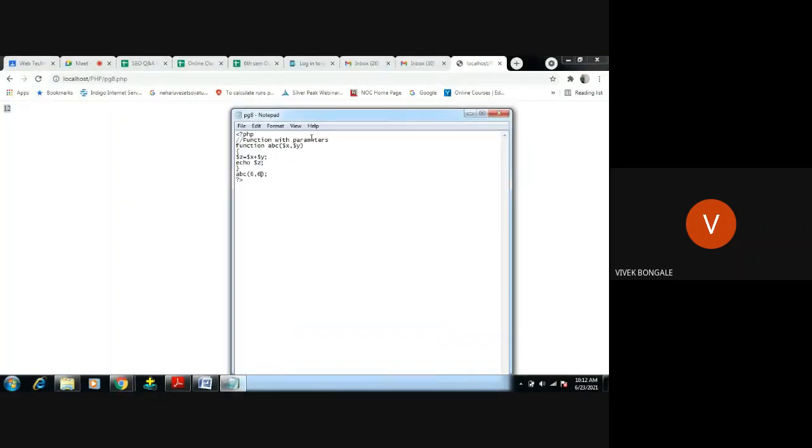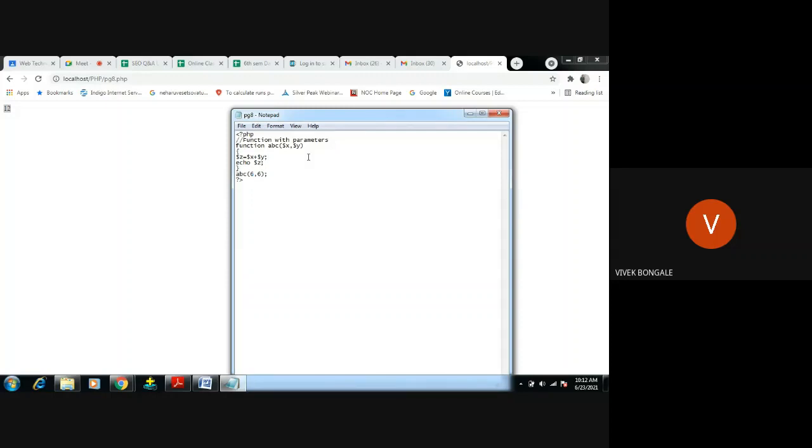Simple. With parameters, without parameters. You already know this function, so I am not giving more information about that. So with function parameters, we are passing the parameters inside the function, and we are passing some default values at the function call.